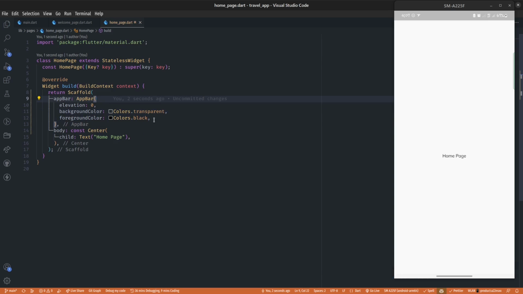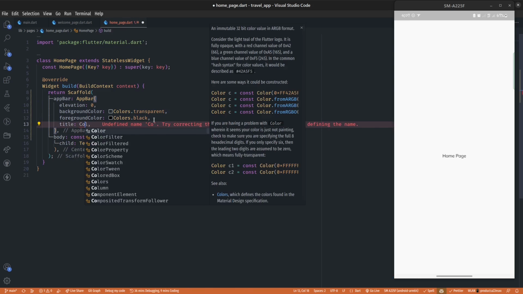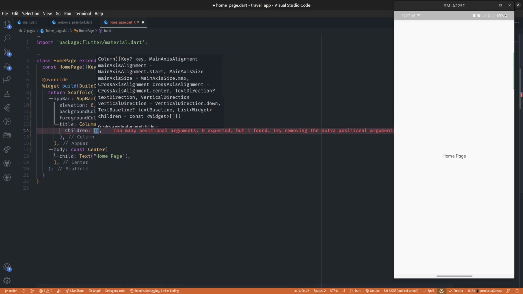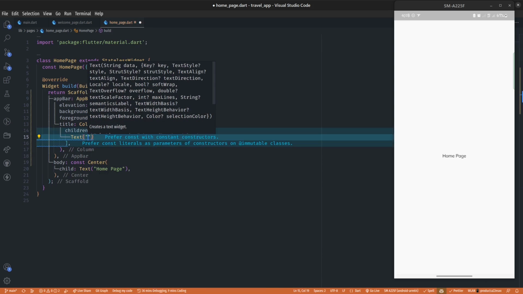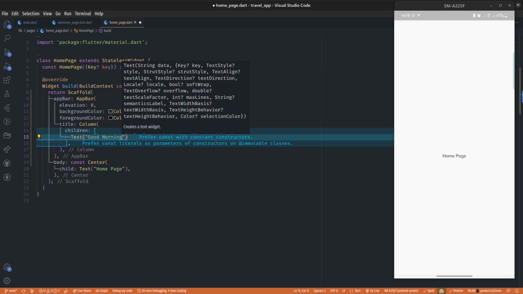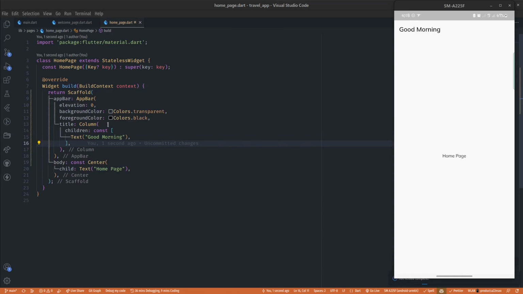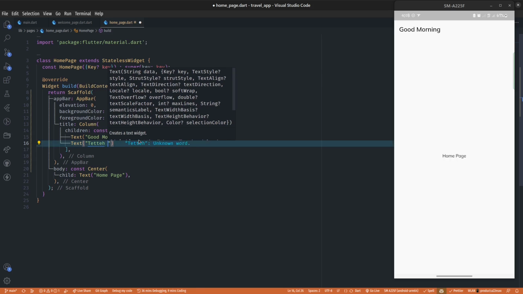Now within our app bar we are going to have the title, and as I explained earlier, the title is going to be a column, right, with some children, and the first child of the title within the column is going to be the greeting, right, which is the good morning text. So when we save, we should have this huge text there, and the second child will be the name of the user, right? So I'm going to put my name there. You can put your name there as well,